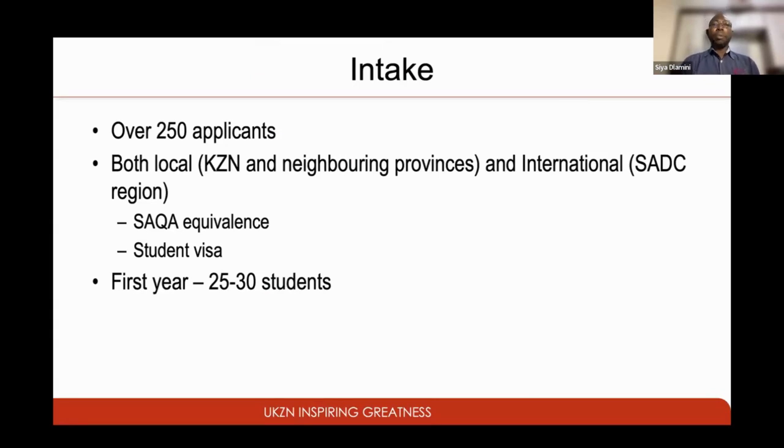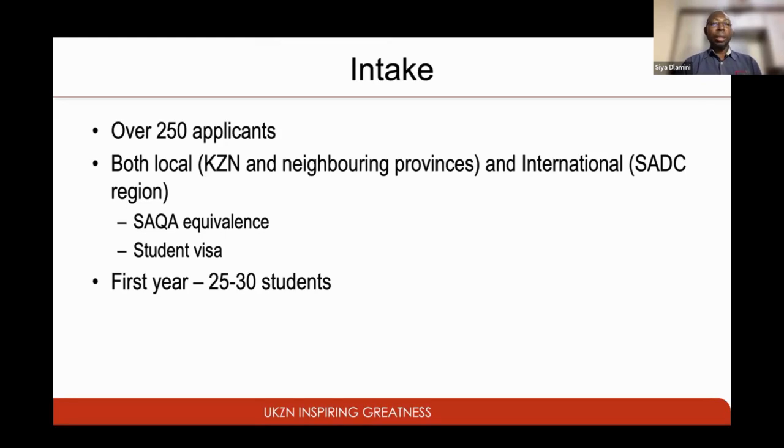On a regular basis, we have over 250 applications, both locally and internationally. For those international students, they will have to submit SAQA equivalents of their qualifications from other institutions, and once accepted, they also have to apply for a student visa.